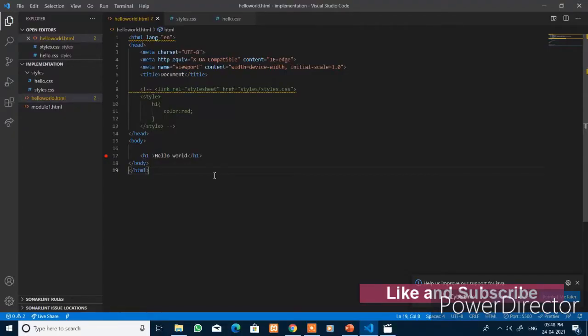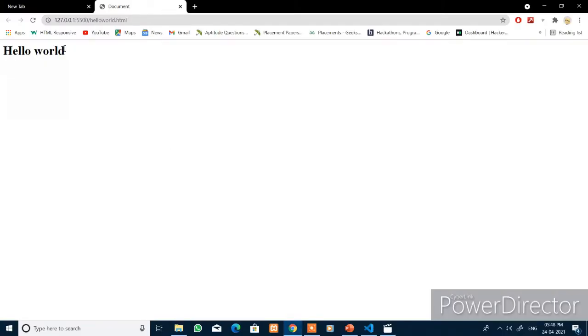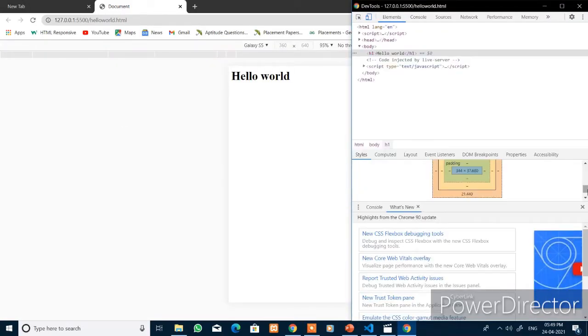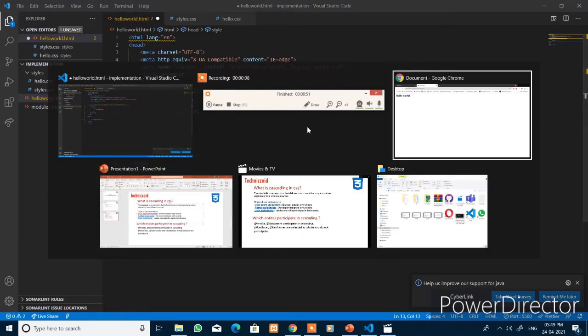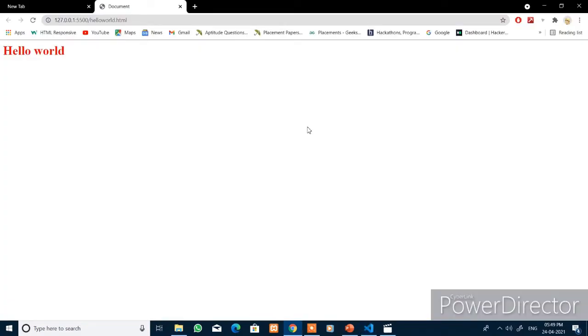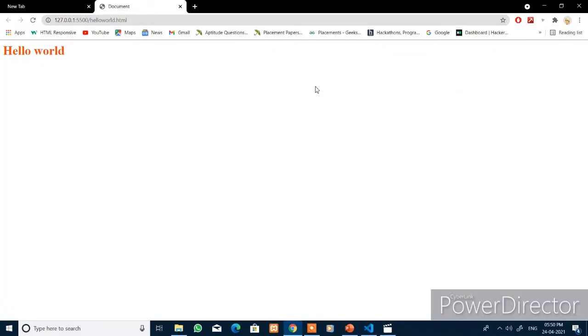First I show you the browser defined style sheet. Suppose you don't add any style to the HTML element. When you open the browser, here you see the text color is black, that is added by default, and also the font size. When you inspect this document, these are the browser defined style sheet for the HTML document. When you override the browser style declaration, that is changing the text color to red, just save that file. The text color changes from black to red, and changes to hello world orange red.